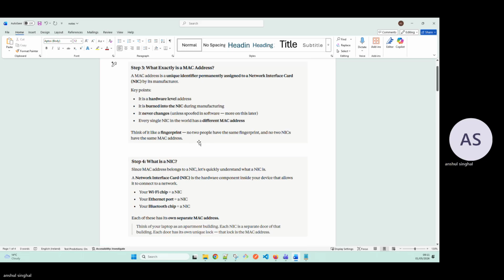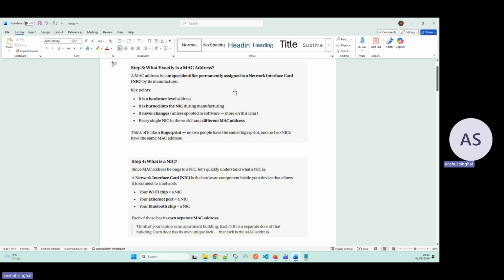For example, we connect to the internet by Wi-Fi, or maybe if our laptop has an Ethernet port, then we will plug in the Ethernet cable, and the other end of the cable we will connect to the router, and that's how we will connect to the internet, or maybe via Bluetooth, right? So essentially,